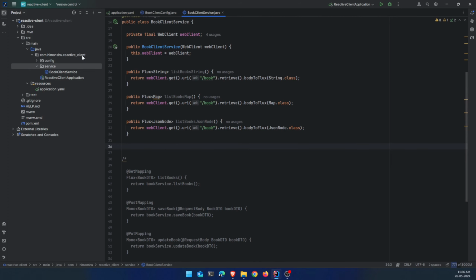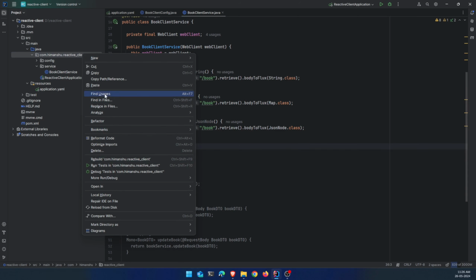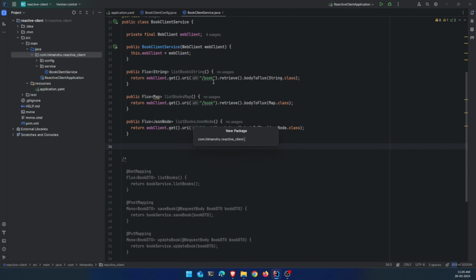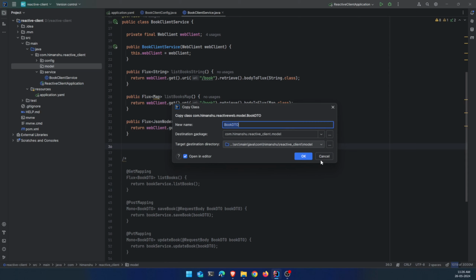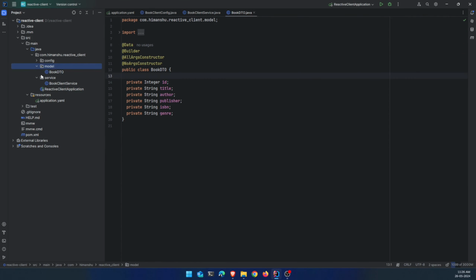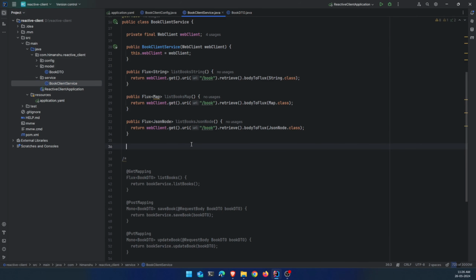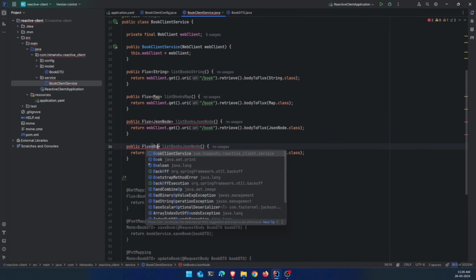So to get that data, first I'm going to create a model object. So let me create a model package here, and let me pull in the book DTO, right? So paste here. Okay, so I have pasted this from my main microservice. So this is the scenario where I am aware this is the schema, this is the structure of my response. So in this case, in my book client service, the fourth option is, instead of this, I will say